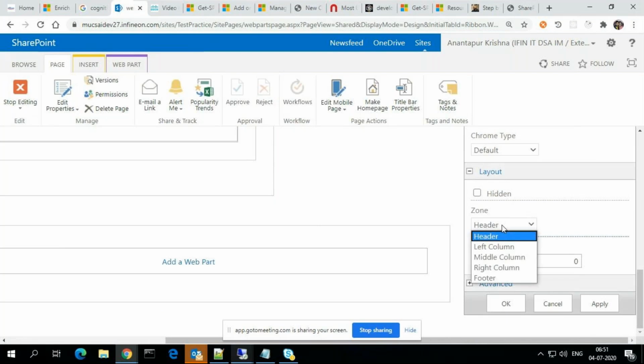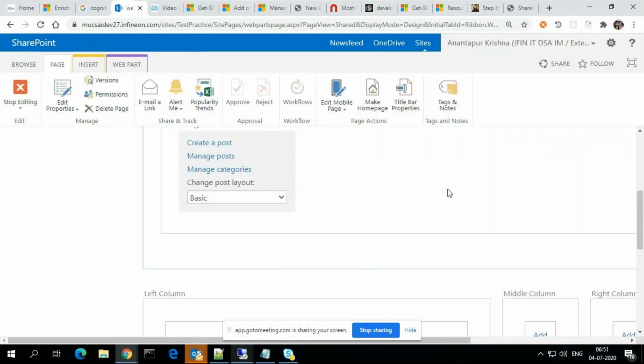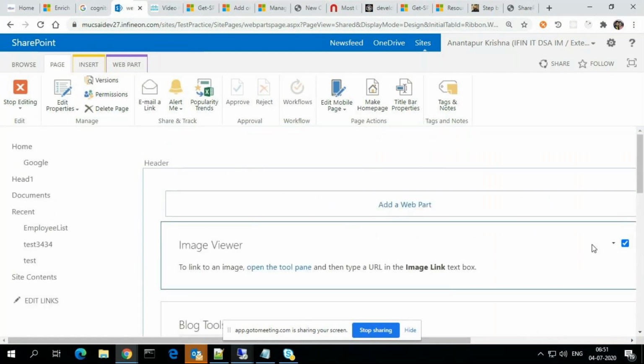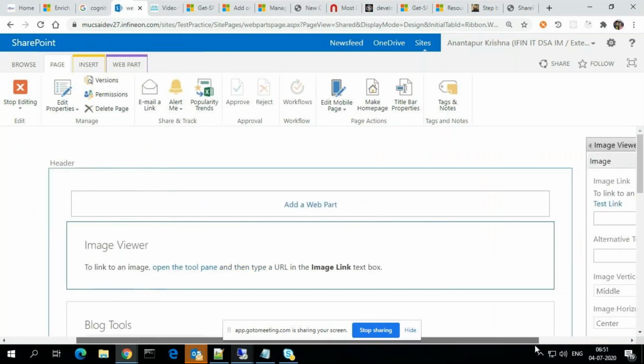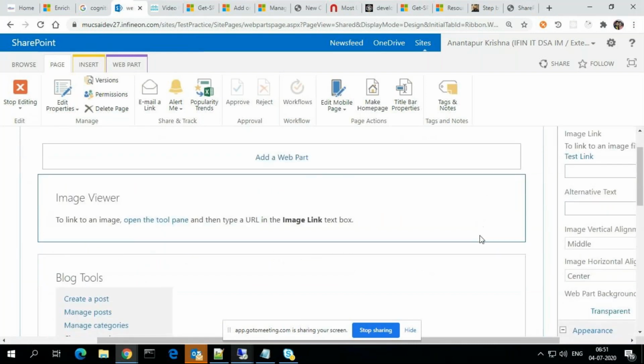Zone is nothing but, as I told you, a header zone, left zone, middle zone, right zone, footer zone, like that. And zone index means initially it starts with 0, whatever is starting first as the first web part in the zone. The indexing will be like 0, 1, 2, 3, 4, the order of the web parts.